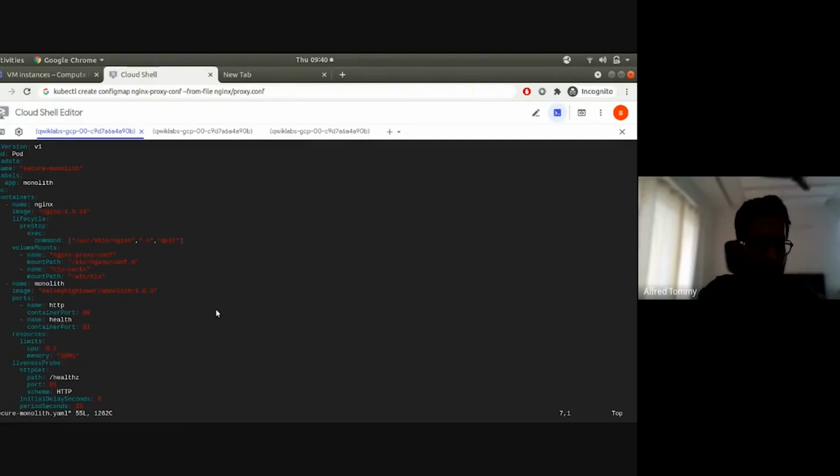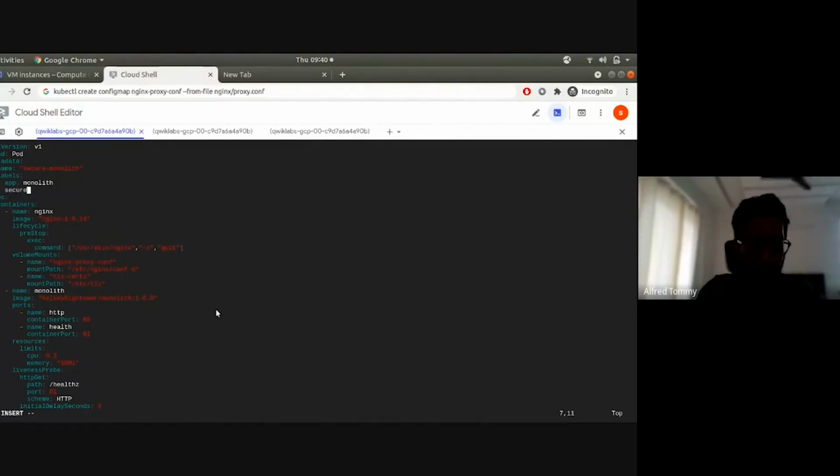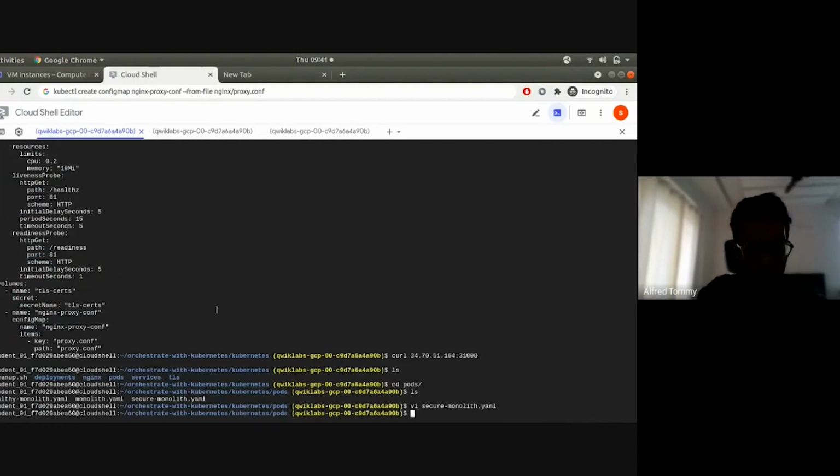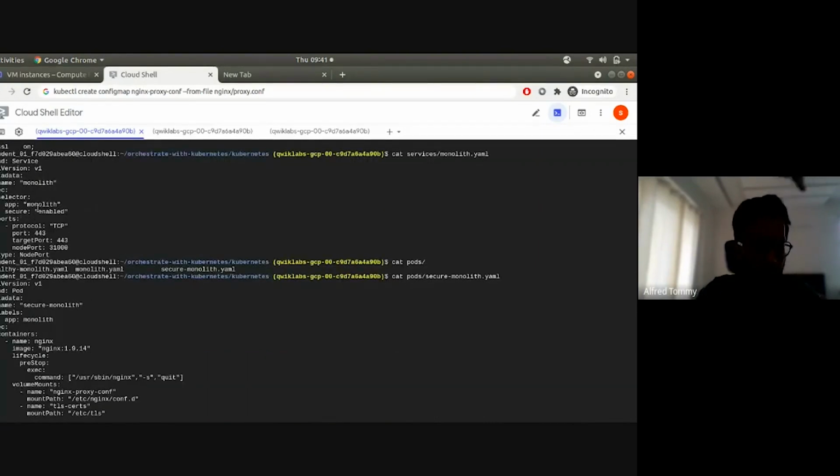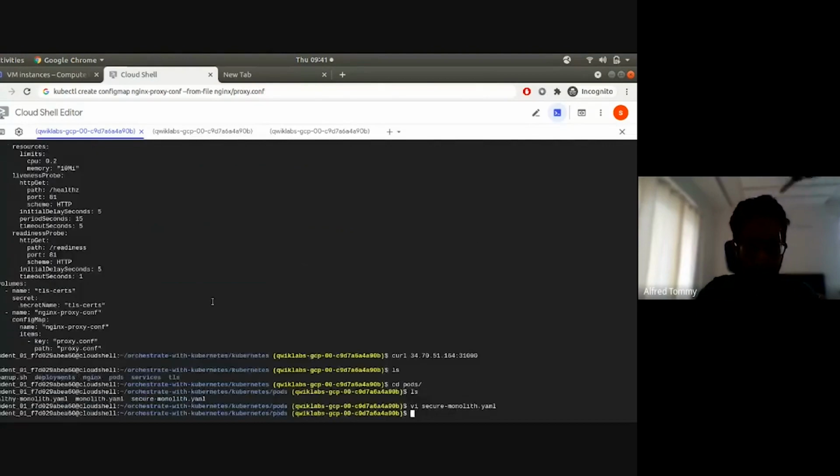And here, we're going to add another label, which was secure equals to enabled. Please verify your spelling and double check that the spelling is correct. Otherwise, it won't work, right? So now I've added secure equals to enabled. Previously, that wasn't there. So now if I do kubectl